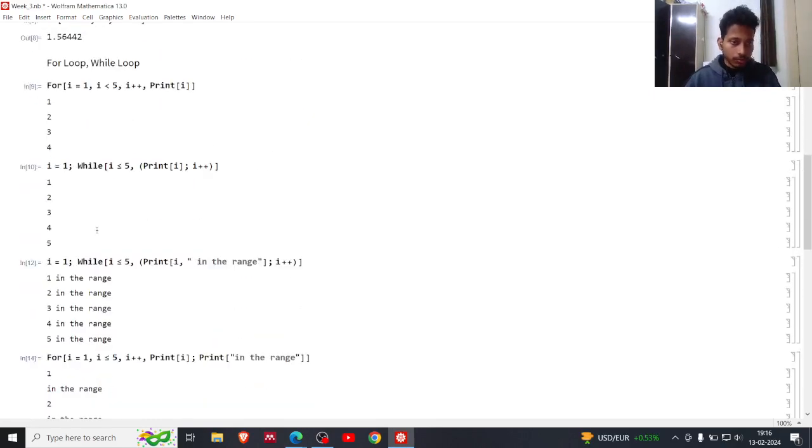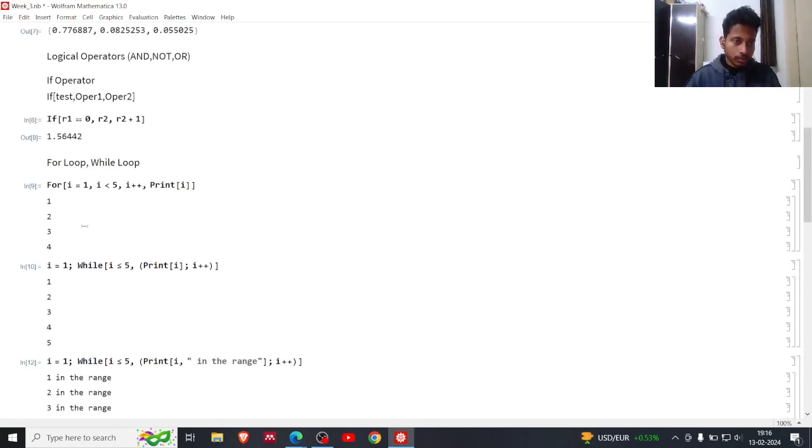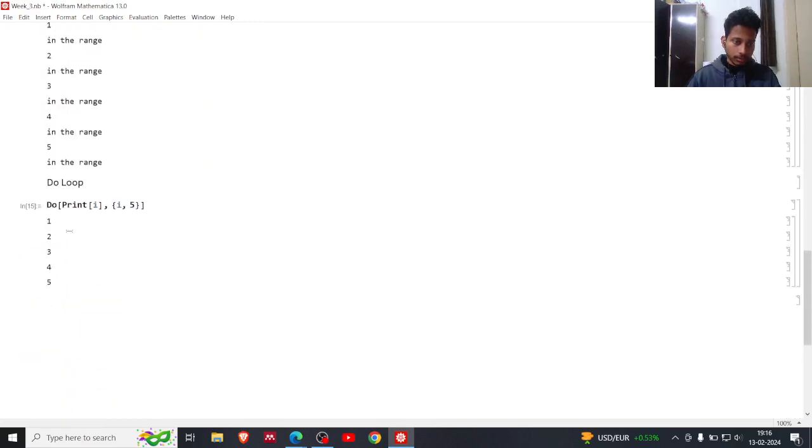the difference between for, while and do is, for is when we first check whether I is less than equal to 5 or not, then we execute the thing, and in while we continuously check that I is less than equal to 5 and we execute the command that is necessary. Now in do we don't check it, we just first write whatever we want to execute and then we write the range. So here do print I from 1 to 5. Okay,